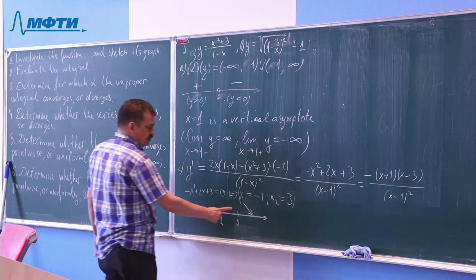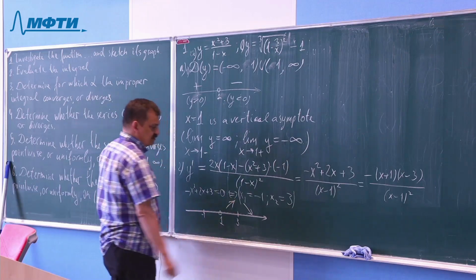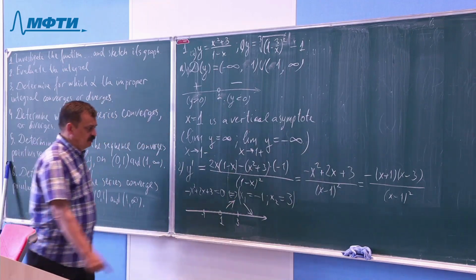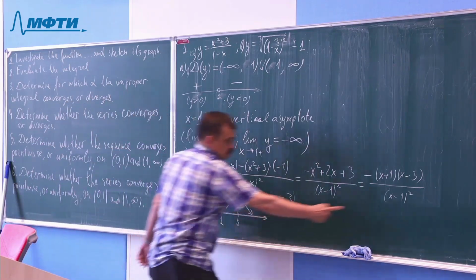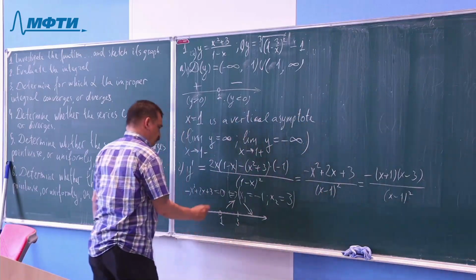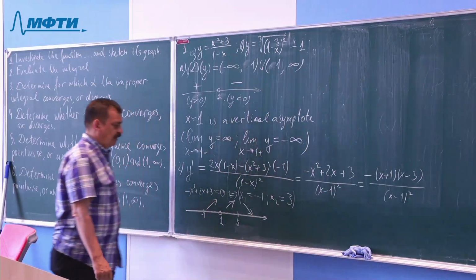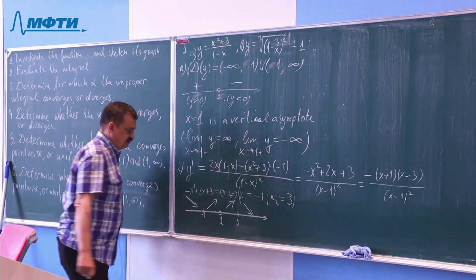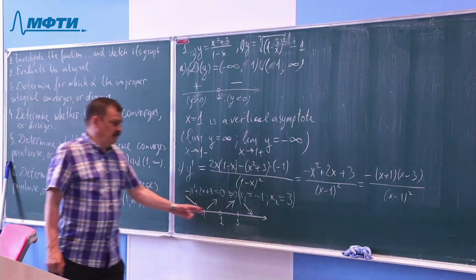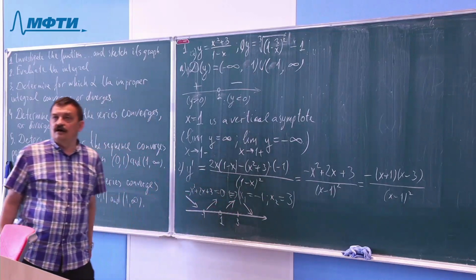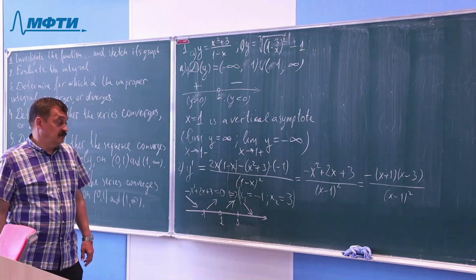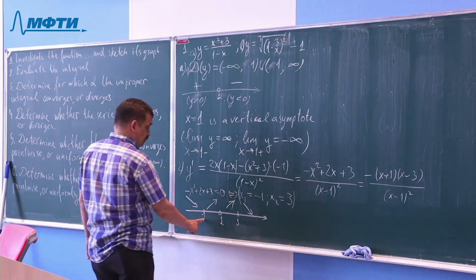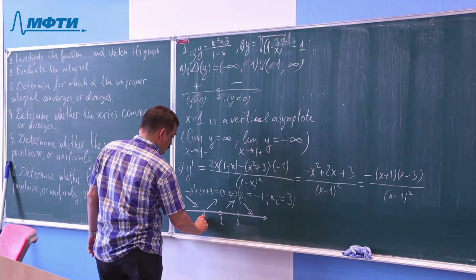Change sign at 3. Plus, increasing. Don't change sign at 1 because of the square here. And again change sign at minus 1 to decreasing. So looking at how signs change, we determine that minus 1 is a minimum point,